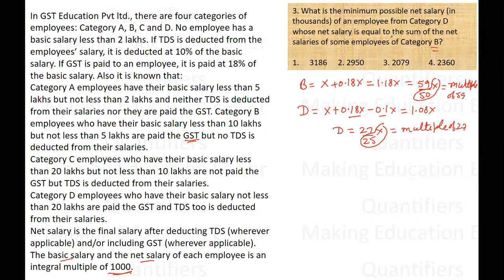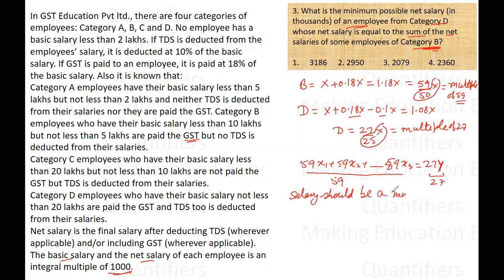The question says that the net salary of an employee of category D is equal to the sum of the net salaries of some employees of category B. That means some multiples of 59 will add up to some multiple of 27, right? Because the employees of category B have salaries that are multiples of 59, so their salaries add up, and that becomes some multiple of 27. Both numbers are equal, so the salary should be a multiple of both 59 and 27. Now if I take the LCM of these two numbers, 59 and 27,